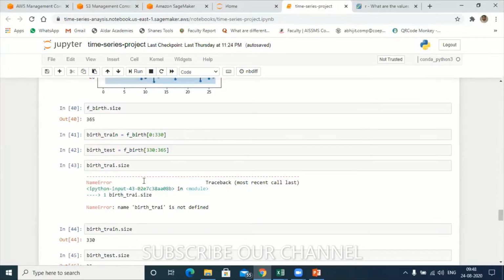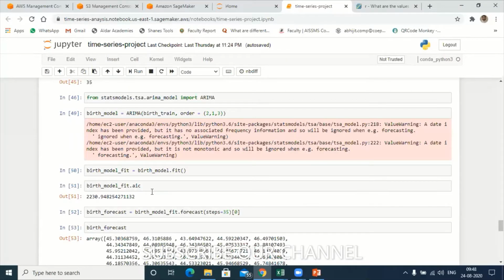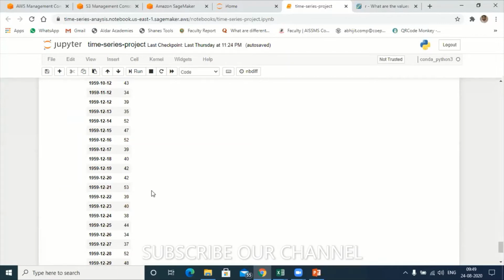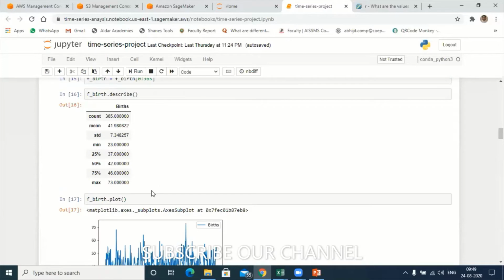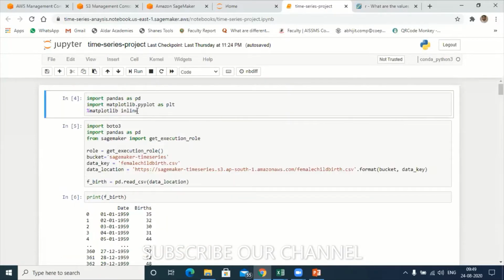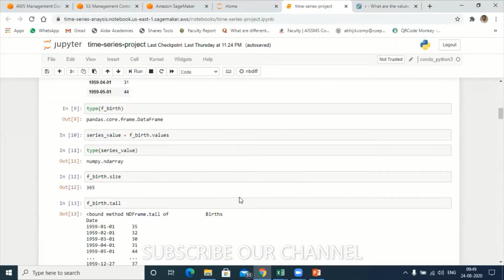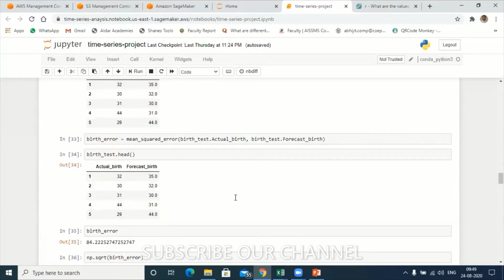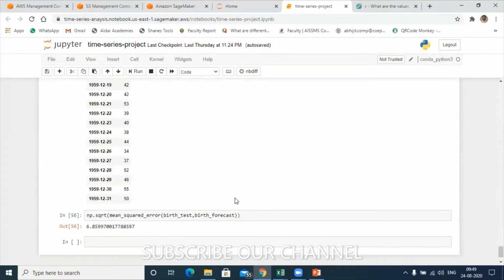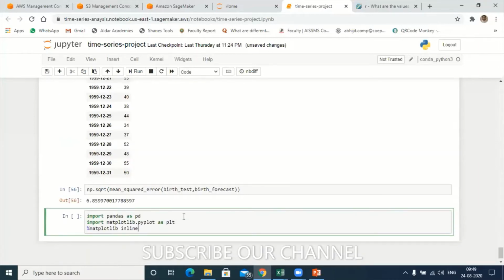So now we can do better on this ARIMA model and reduce this value. Let's see how to reduce it by using the normalization technique. First, let's load all these libraries again, because after stopping SageMaker, it is our responsibility to upload all the libraries if we want to run the program again. So I will continue with the same notebook, so that I can refer to it while demonstrating the normalization technique.